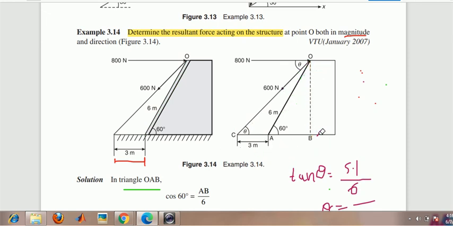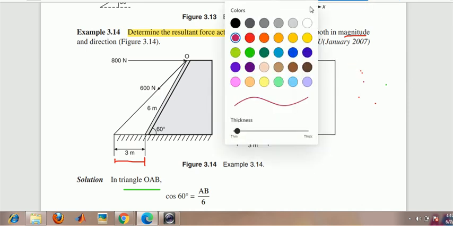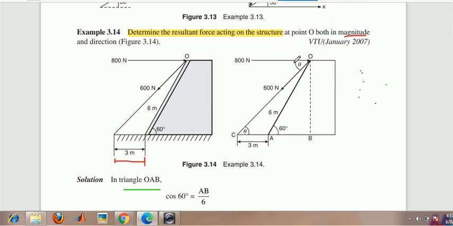Now how many horizontal and how many vertical forces will come? Summation, only one horizontal force is there, and you have to resolve the inclined force into two components. This inclination, that is 40 degrees, you resolve this force into horizontal and vertical components. So what is the horizontal component value of 600 Newton here? Yes, 600 cos theta is correct.